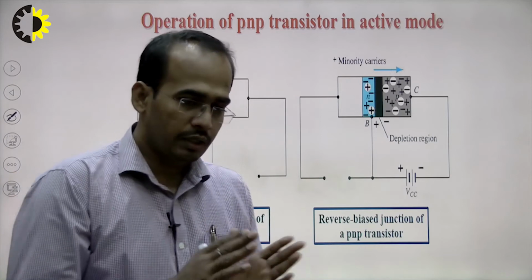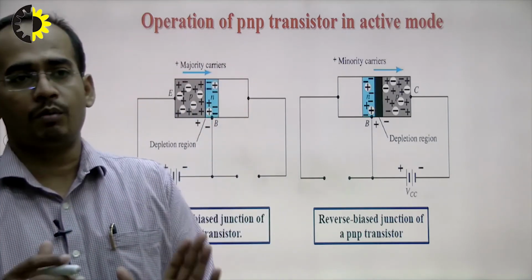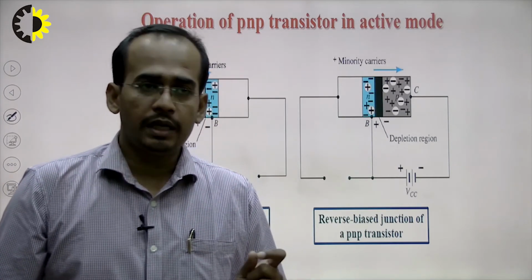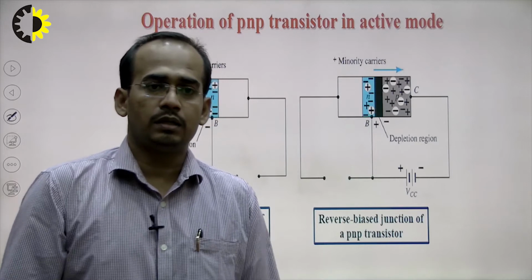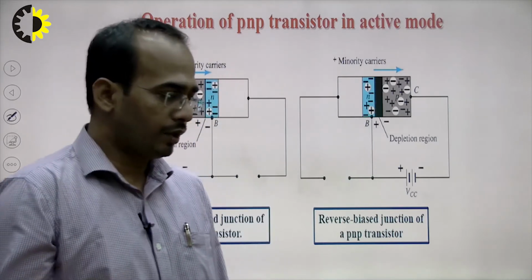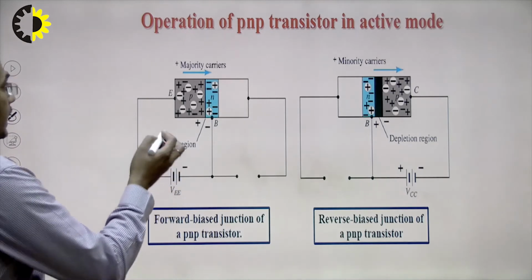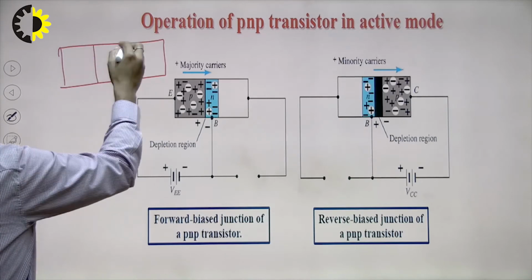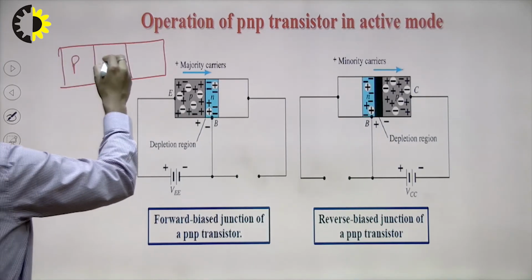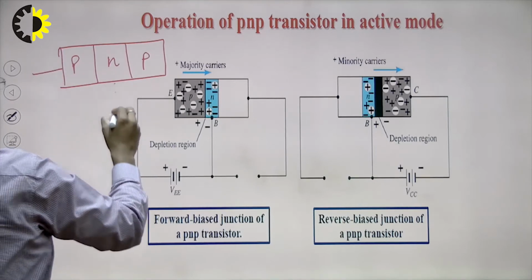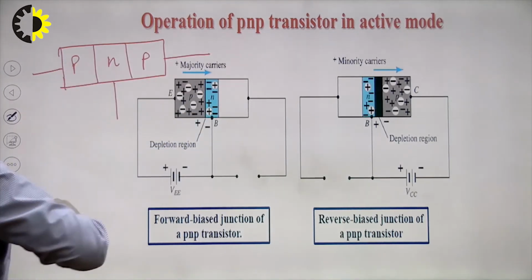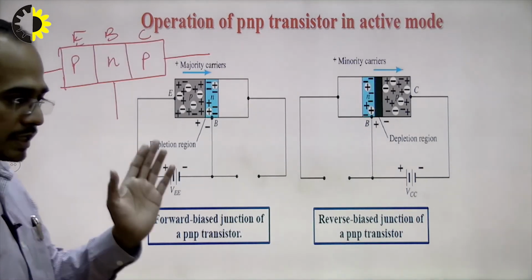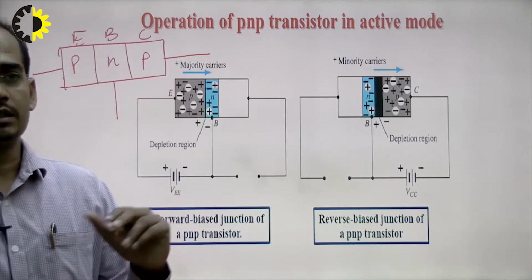As I have already discussed in the PN junction diode, when I am forward biasing the PN junction diode, the thickness of the depletion layer will reduce in the case of forward bias condition, and the thickness of the depletion layer will increase in the case of reverse bias condition. So, when we have formed the NPN or PNP transistor, as I told you, this is the emitter region, this is the base region and this is the collector region. The emitter region is highly doped, the base region is lightly doped and the collector region is moderately doped.